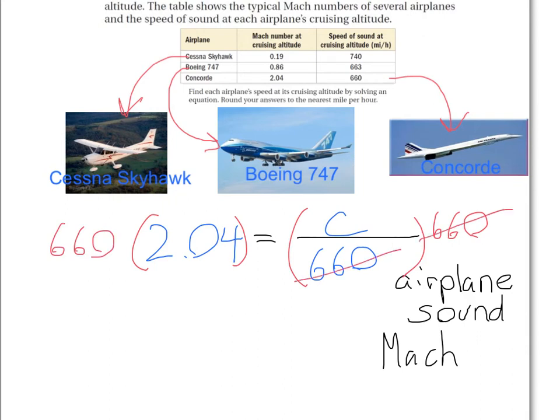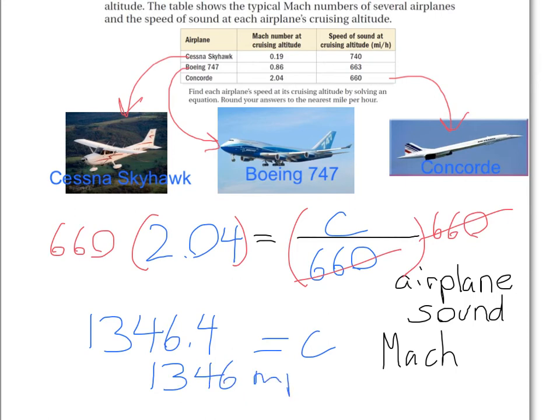These 660s cancel out. And remember, when they cancel out, they don't really cancel out to become 0, because that's what we think of. No, they cancel out and become the number 1. So we're looking at 1c. But, as we remember, we just need c, which is the same as 1c. And then 660 times 2.04 is 1,346 and 4/10, which, again, round to the nearest mile per hour means this is